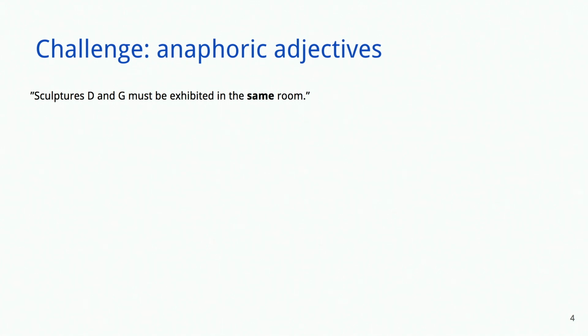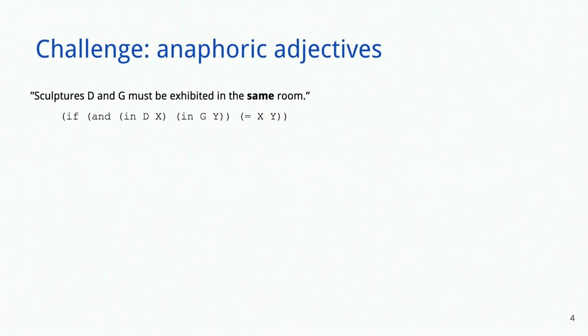If you translate this into formal logic, you're probably going to get something like this. I've glossed over some details here, like I didn't worry about existentially quantifying variables x and y, but I think it's enough to convey the basic idea. What this says is, if D is in X, so D is a sculpture and X is a room, and G is in room Y, then X and Y must be equal to each other. Okay, so that seems straightforward, but the point I want to make is that this adjective, same, is a